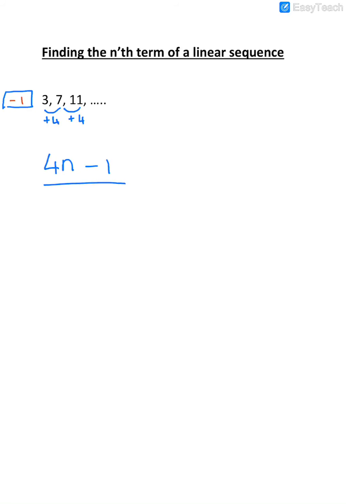Okay, let's do another example. So in the next example, same thing. You see what the sequence is going up or down in, in fact. So if you look at this sequence, that is going down by 5, and this is going down by 5. So that tells you that your sequence starts with